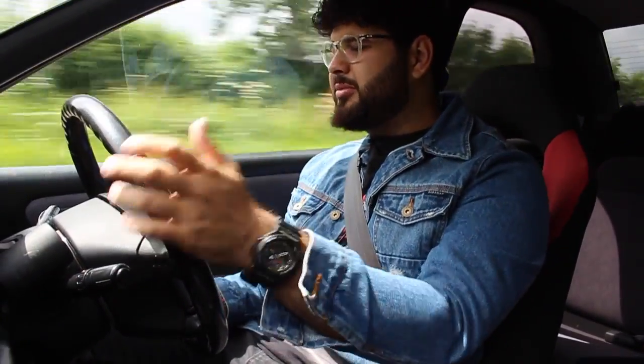So this actual model was introduced from January 1998 all the way to March 1998. So there was a proper limited amount of time, hence the word limited. And this is completely stock. So this has not been modified in any way. So the suspension is stock, the intake is stock, it hasn't got no blow off valve, no exhaust, it's just all stock as it was tuned by STI. So you'll see how